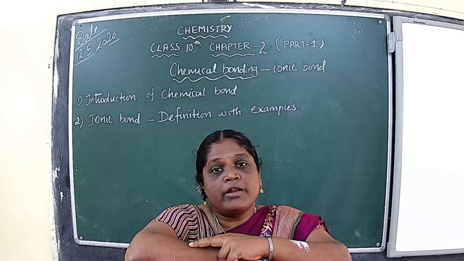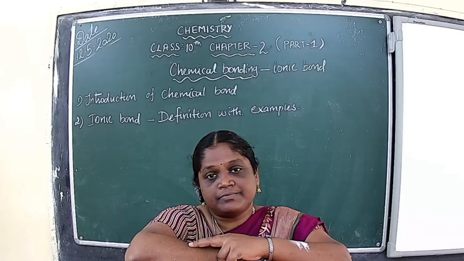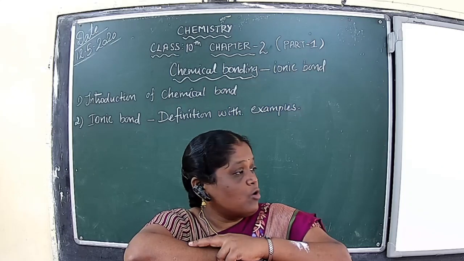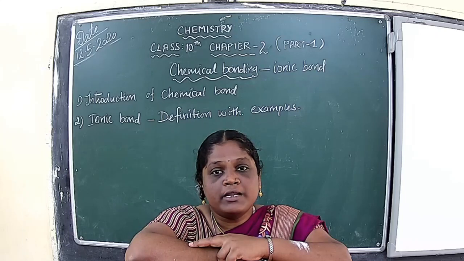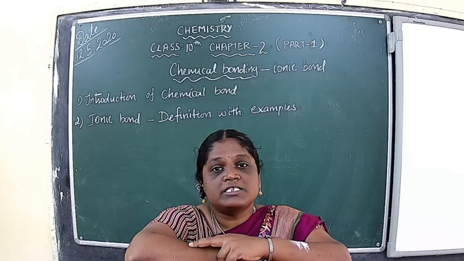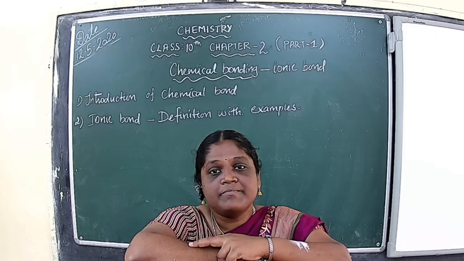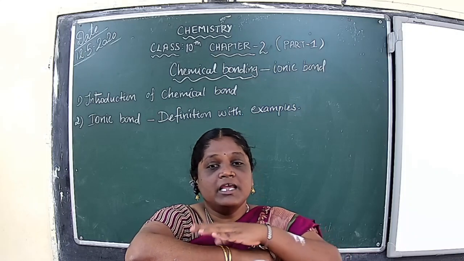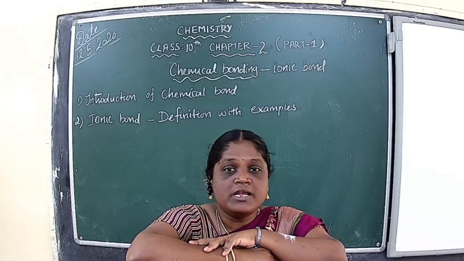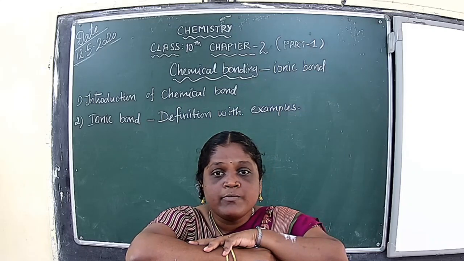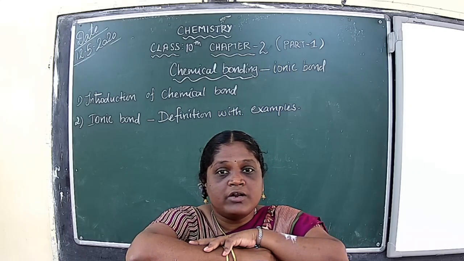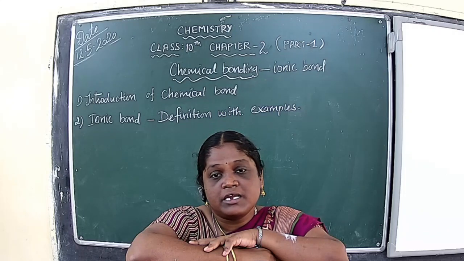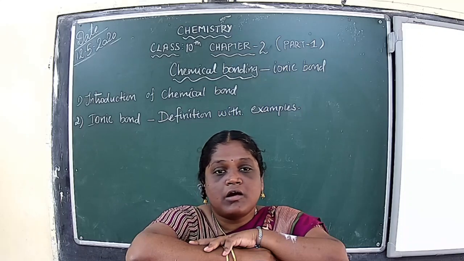How the chemical bond occurs, or how the chemical reaction takes place. Except noble gas, we know about the noble gas. Noble gases have a stable electronic configuration. That's why the noble gases are chemically inactive. Why are noble gases chemically inactive? Because they already have a stable electronic configuration.